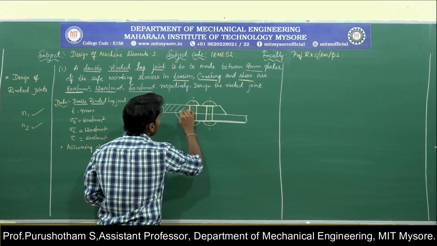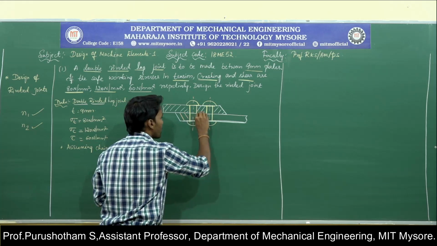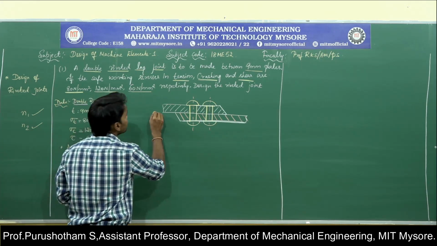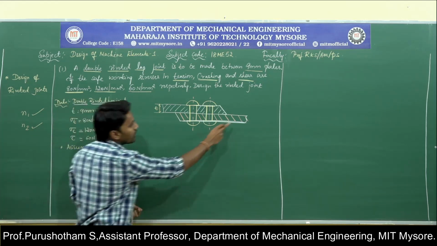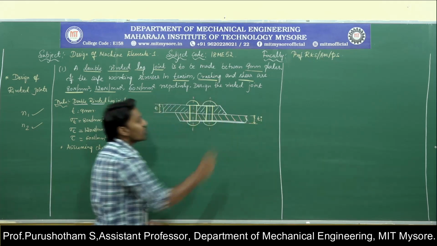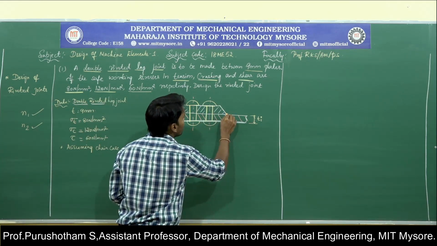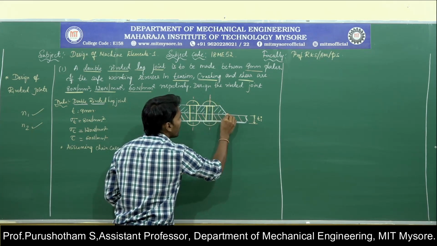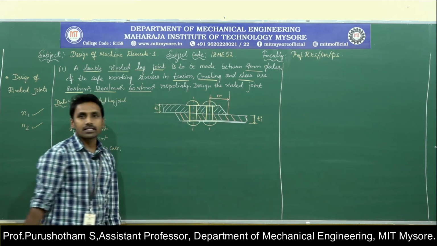So this will be one plate and this will be another plate. This plate thickness is given by small t, and the below plate, the thickness of the inner plate, I will represent by Ti. Then the distance from the center of the rivet hole to the nearest edge of the plate is given by the margin, m.